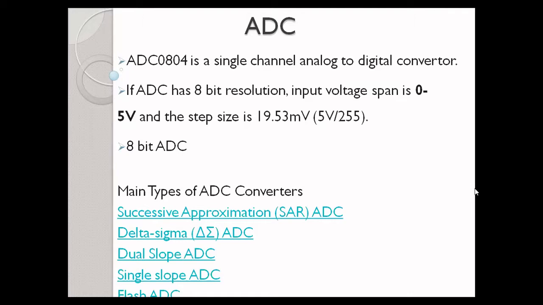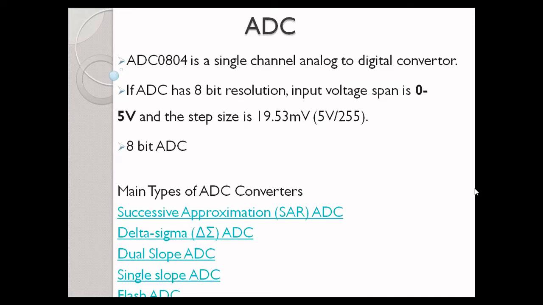For example, you take a sensor. Temperature sensor, pressure sensor, humidity sensor, displacement sensor. A lot of sensors are available: ultrasonic sensor, displacement, next one is vibration sensor. A lot of analog sensors are available. So this analog sensor we can connect to the microcontroller. The microcontroller will accept only the digital signal. So what you have to do is convert this analog signal into digital and give it to the microcontroller. So this acts as an interface between the analog device and the microcontroller.